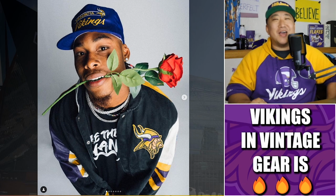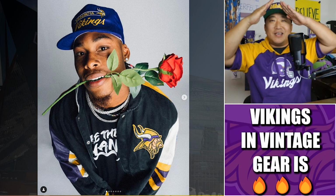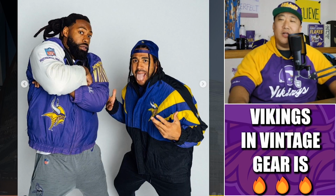Also that Vikings hat. Oh come on, man, come on. The trucker hat where it's got the little bulge up at the top, so it's almost like you feel like Smokey the Bear. You feel like a park ranger. Also I don't know what's up with the roses. I don't know. Roses really smell like ooh, ooh, ooh. All right, so